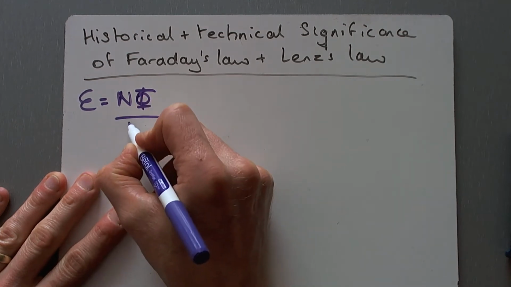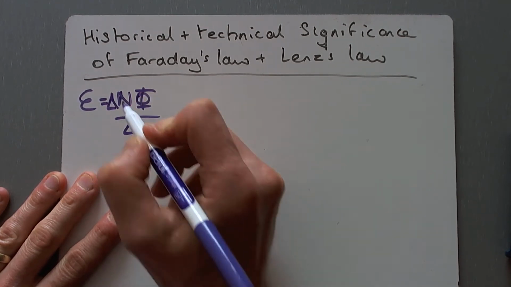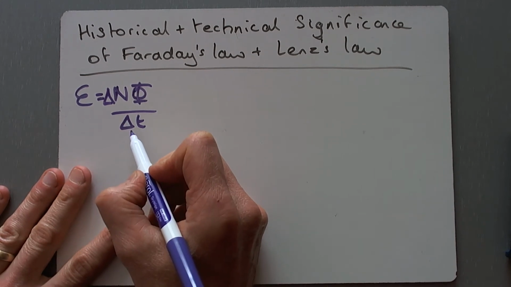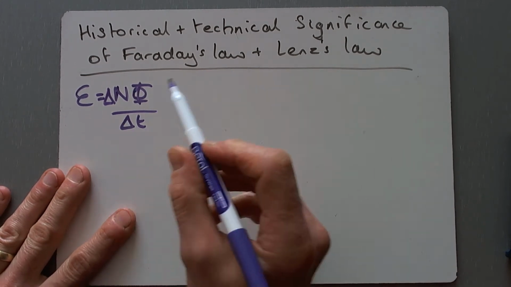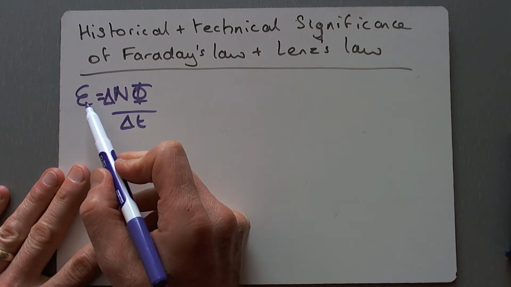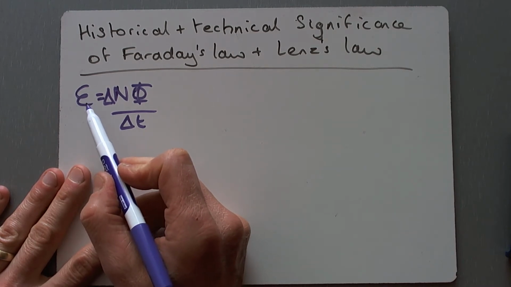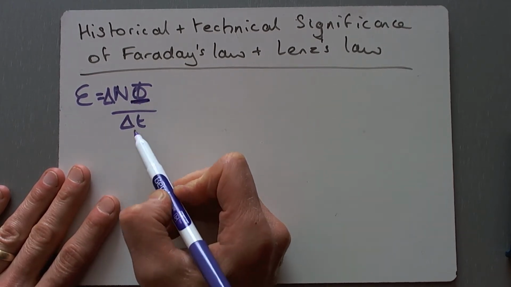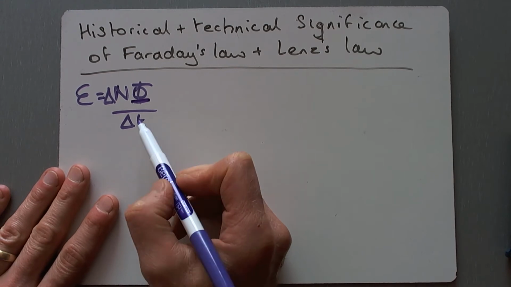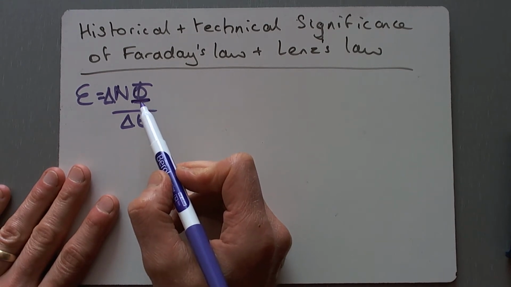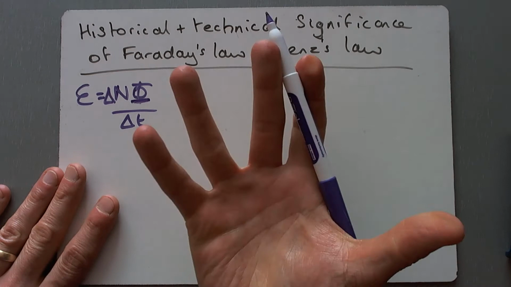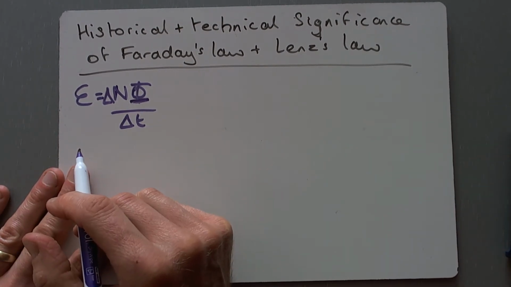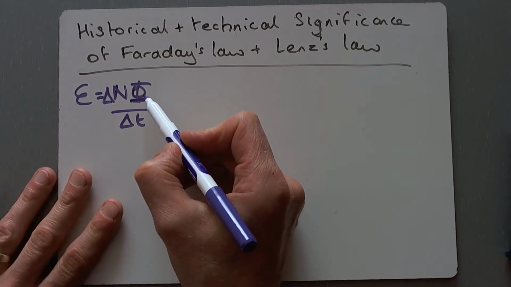I'm going to write it like this. Okay, so triangles mean delta, or rather the Greek symbol delta, it just means a change, a small change. And E is the electromotive force, essentially just a voltage that's produced. N is the number of turns on a coil, and this symbol, a capital phi in this case, is to do with the magnetic flux produced by a magnet. Okay, and so it sort of gives us an indication of the strength of the magnetic